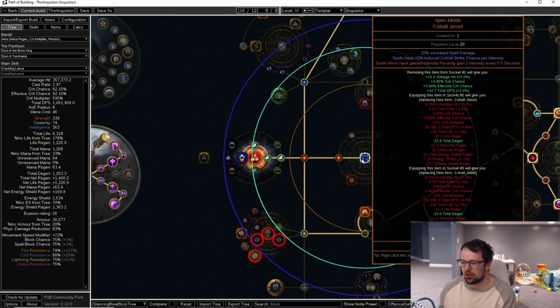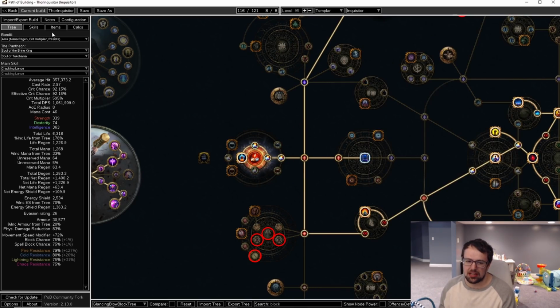I did put an Apex mode into the build. I'm not sure this is actually going to be necessary. I'm probably going to try it with and without the Apex mode. It kind of just depends on how fast our cast time is. Right now in the PoE, it's 3 casts per second, which is pretty good for getting our intensity stacks up in basically a second. So maybe it won't be necessary to have an Apex mode,